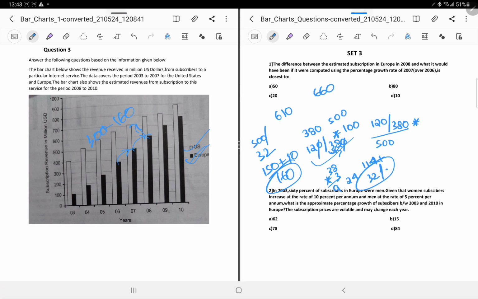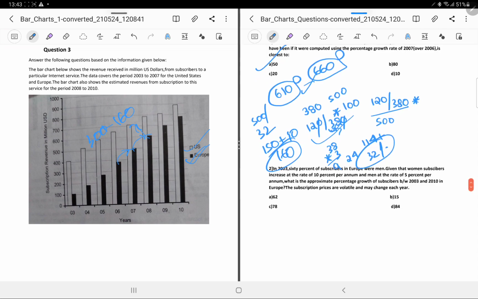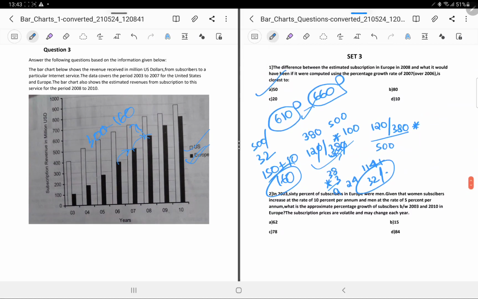So if it had gone in a similar manner, this would have been 660, but what they estimated was 610, so the difference is 50. I think you got the answer. It is not about accuracy, because there will indeed be a variation in bar charts. If you had taken it as 600, this would have resulted in something about 40. So approximately the answer would have been 50 only.